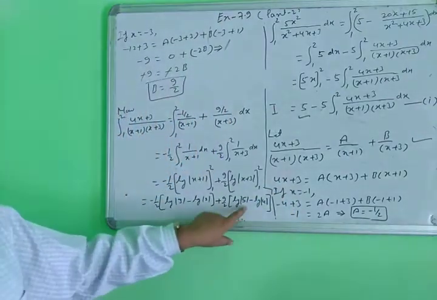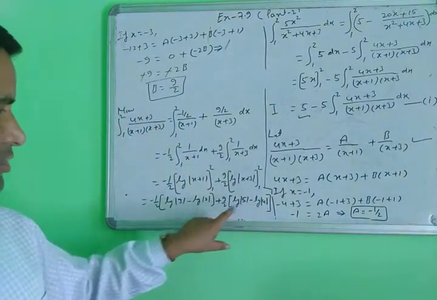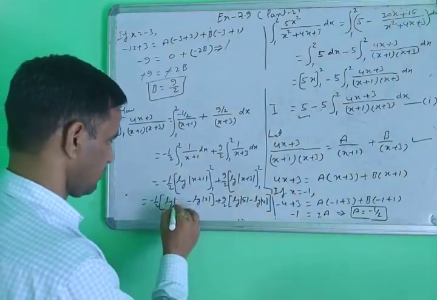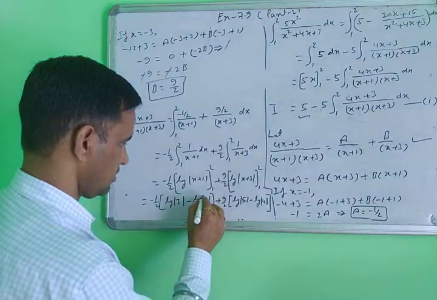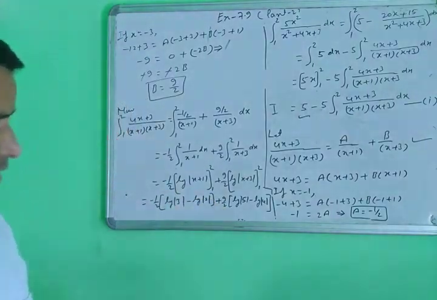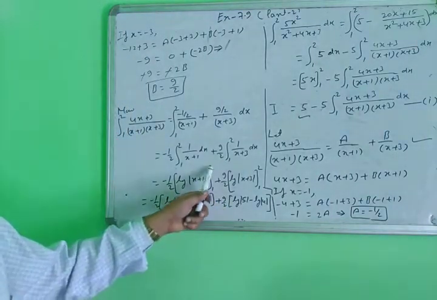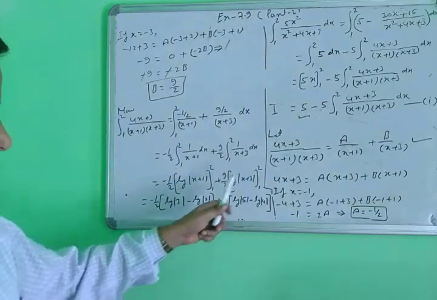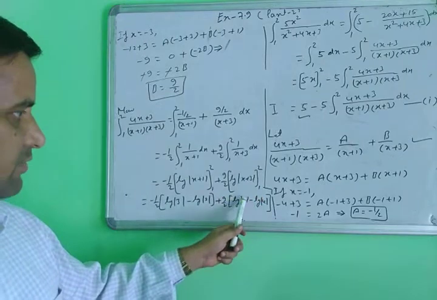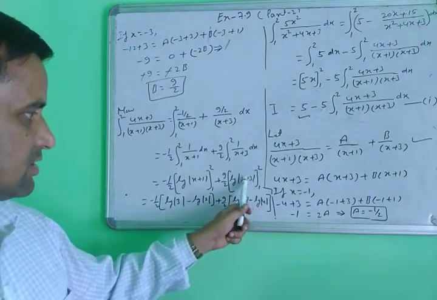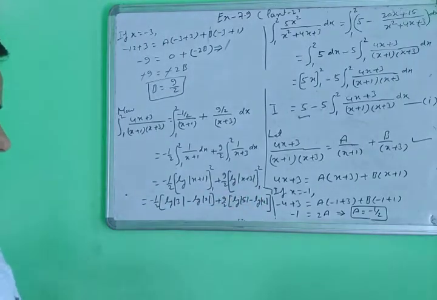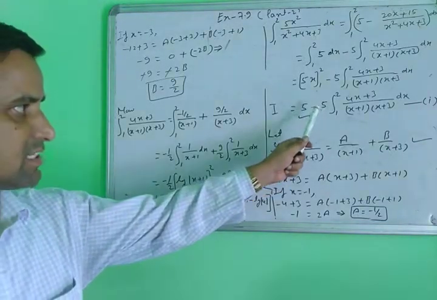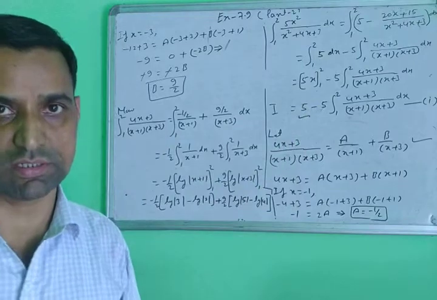This is the mod sign: mod 5, mod 4, mod 2, mod 3. Don't write here just 1, write mod 3. This is the mod sign. So when using the upper limit, 2 plus 1 is 3, and with the lower limit, 1 plus 1 is 2; then 2 plus 3 is 5, and 1 plus 3 is 4. Then you will be calculating. Note down this first, then putting the value in the equation, you will get the complete answer. Just note it down first.